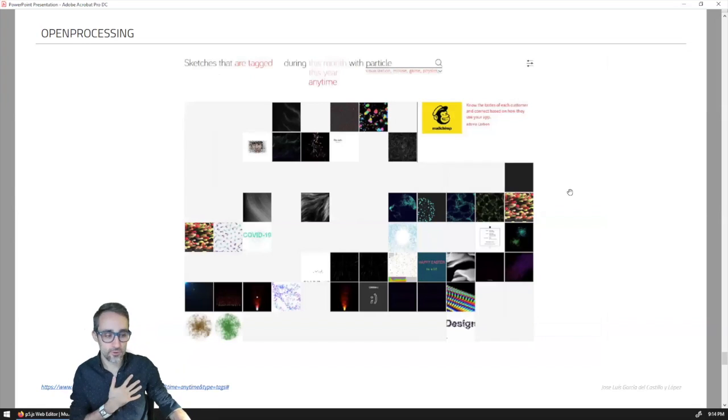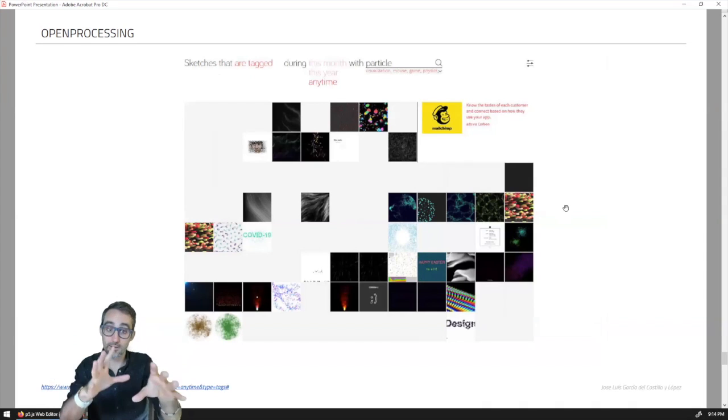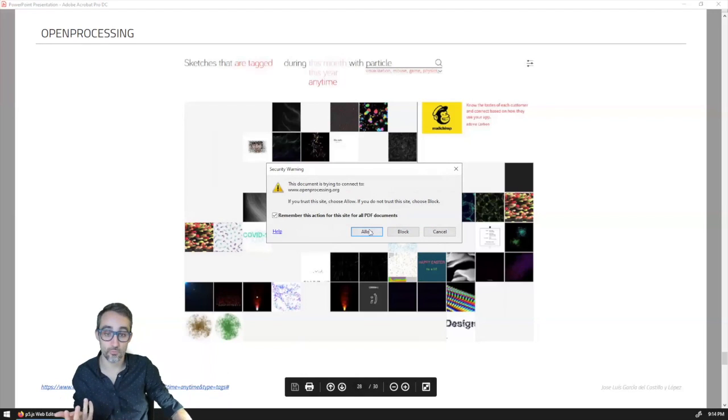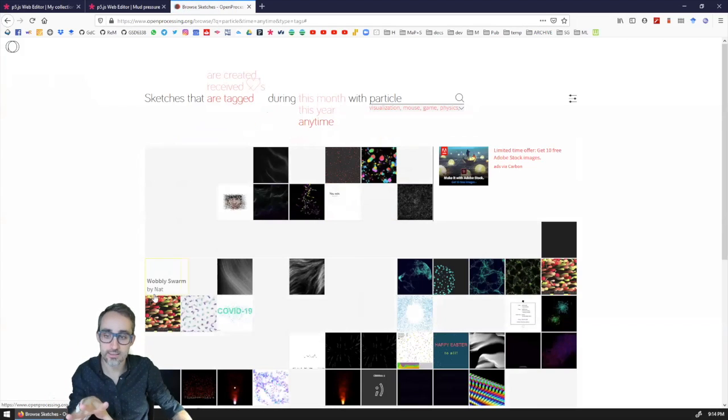Something that I would like to show you, if you want to see more examples of what can be done, there is a really good website called openprocessing.org, which is an online repository where people take this code that I have shown you, they put it here, and then it can be run on the browser. And you can see really, really cool examples of what can be done with computer graphics and by writing very simple